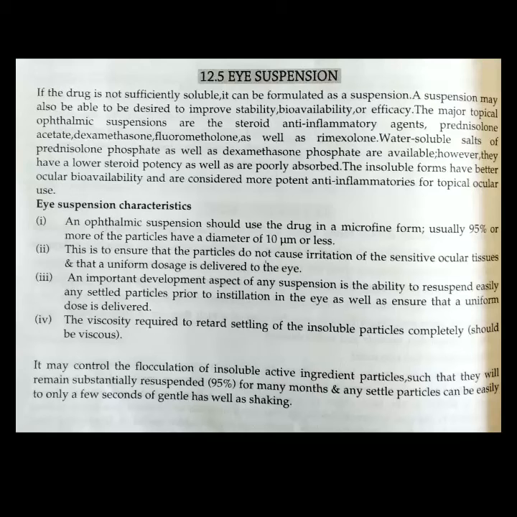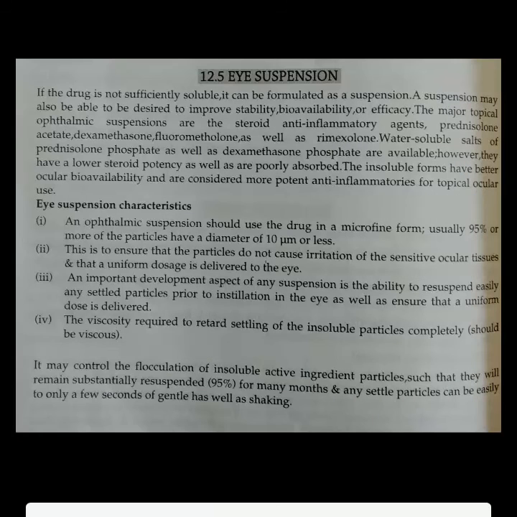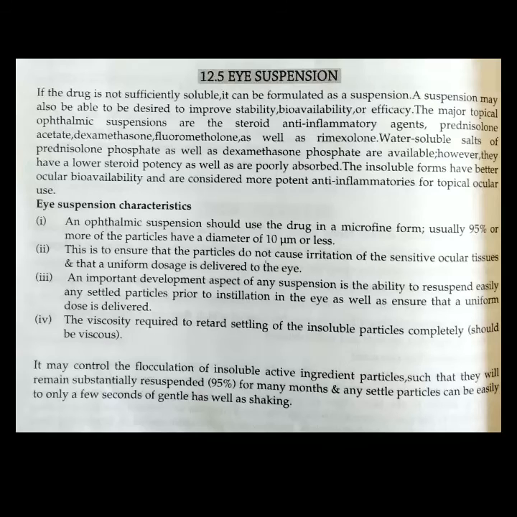Next one is eye suspension. If the drug is not sufficiently soluble, it can be formulated as a suspension. A suspension may also be desired to improve stability, bioavailability, or efficacy. The major topical ophthalmic suspensions are steroid anti-inflammatory agents: